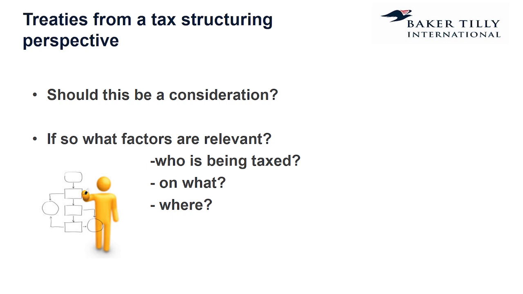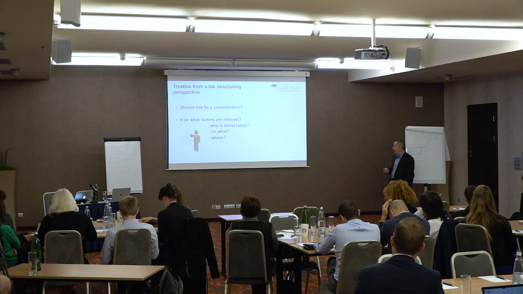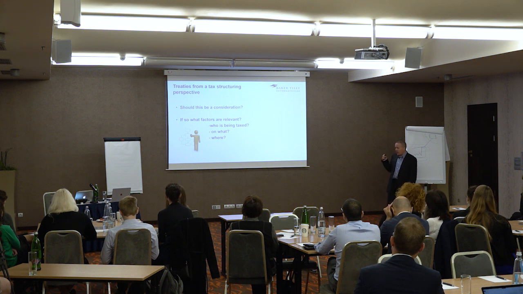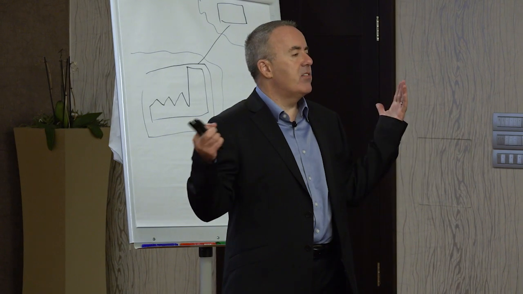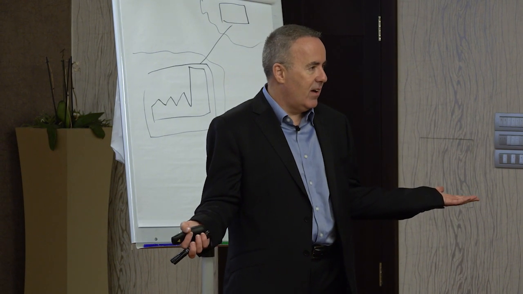And I want to make sure we understand that double tax treaties are only a bit of the picture and that there are other things that we need to talk about. And I'll be talking about some anti-avoidance rules and other things that are relevant when you're looking at any kind of cross-border planning. And you've got to think about, when you're looking at any cross-border planning, the treaty is important, but I'd almost go down this process. If you're looking at cross-border planning, first of all, you think, is there a commercial reason for doing what you're doing?